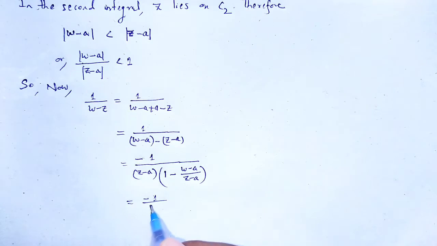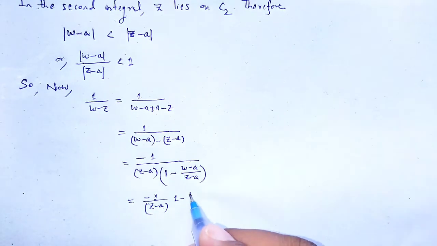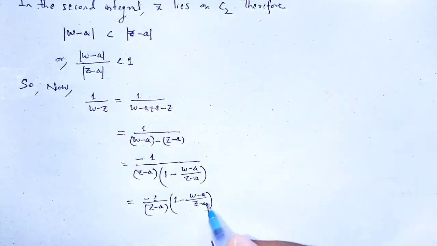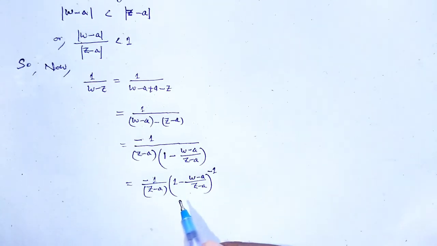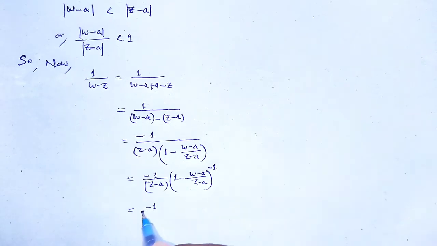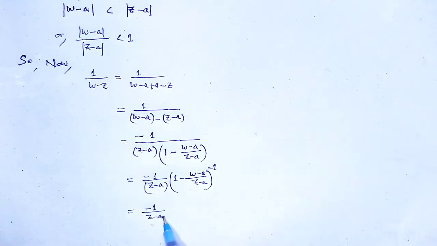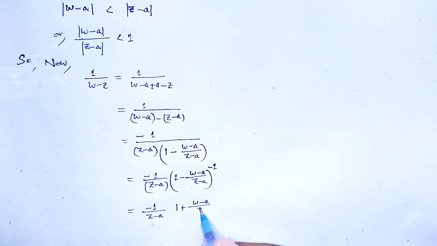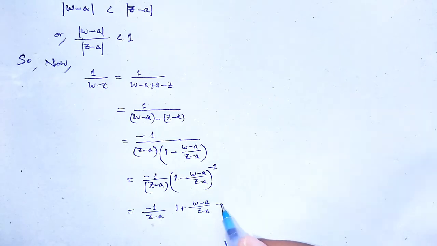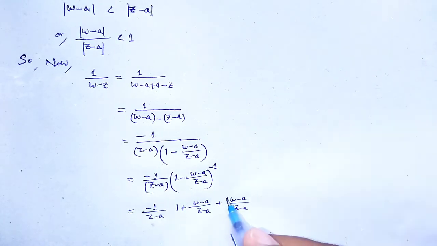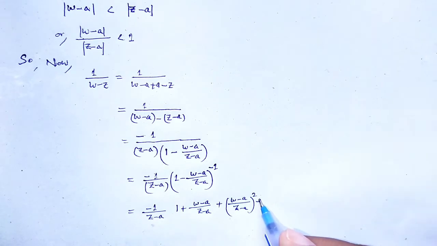Minus 1 divided by z minus a into 1 minus (w minus a) divided by (z minus a) to the power minus 1. We expand it binomially. Minus 1 divided by z minus a times 1 plus (w minus a) divided by (z minus a) plus ((w minus a) divided by (z minus a)) squared plus dot dot dot